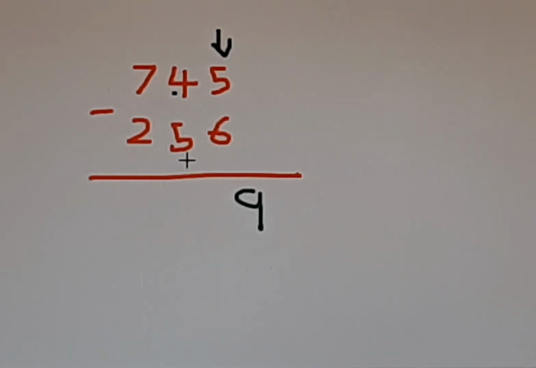So 3 minus 5 is possible? No. So then what we will do? We will borrow from here and it will come tens. This is not a 4, it is a 3 because the dot is there. So you have borrowed from here. So it will be 13. 13 minus 5 is 8. Right? And the dot means you have to put one less. Instead of 7 you have to put 6. So 6 minus 2 is 4. So that is your answer.